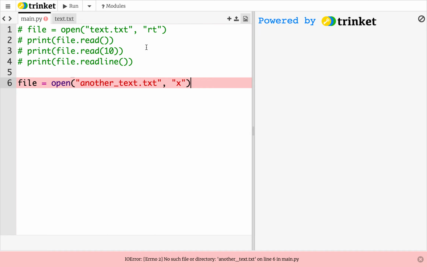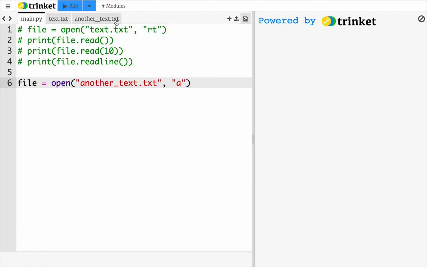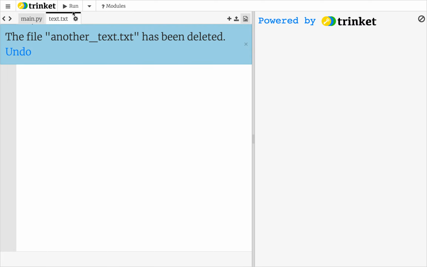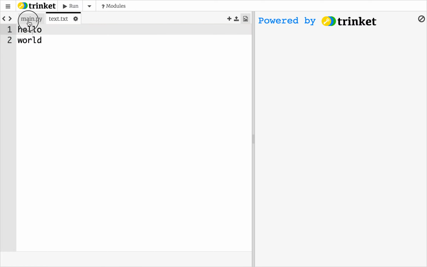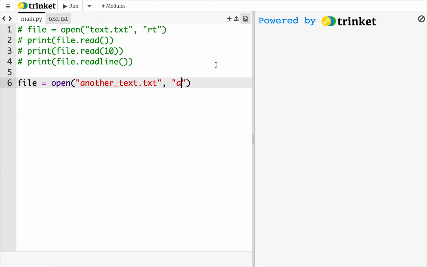I got an error. I don't know what's happening here. Probably that's still an error. I don't know what's wrong with X. It said it can create. I need to double check on that. So we can say using append, which is another way to open a file, create a file if it doesn't